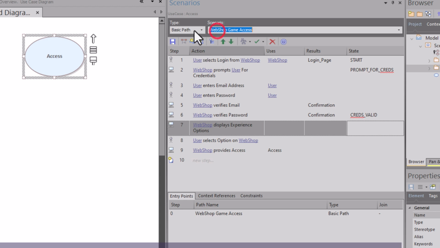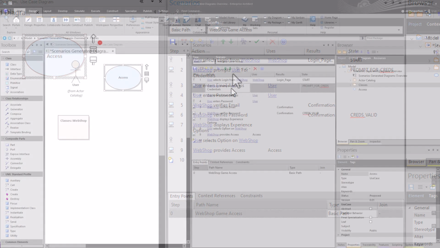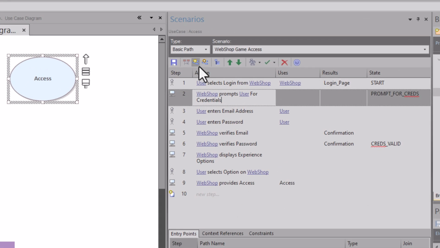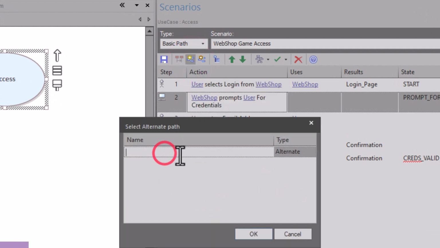We just have a basic path in here. We don't have any exceptions or alternates. So let's go ahead and add some exceptions or alternate paths to support our activity model generation. So on this first one here, we are going to throw an alternate path. So we're going to come up here on 2, add alternate path, and we're going to call this alternate path, I don't know, access type. I'm just going to go access 1,